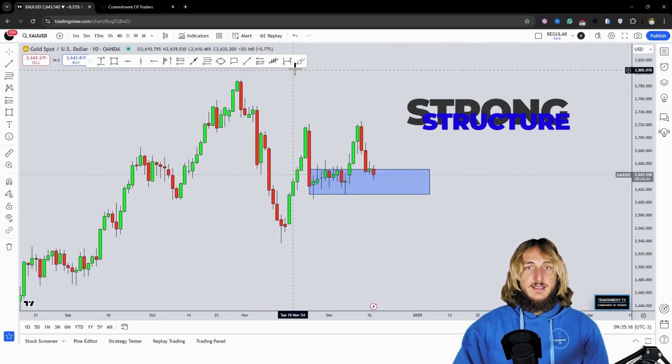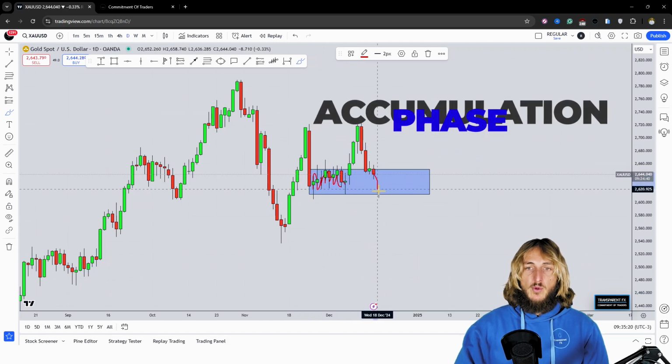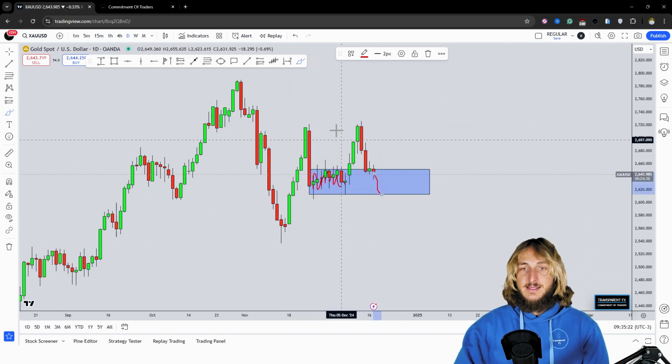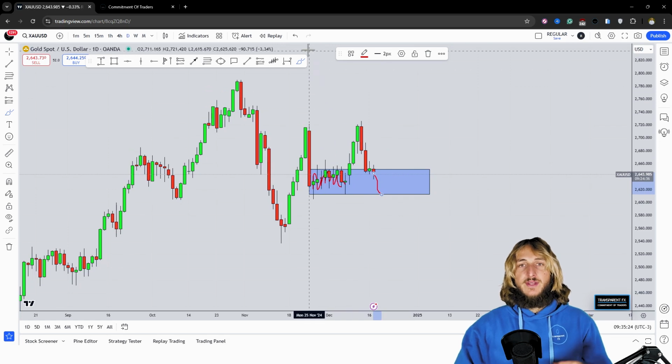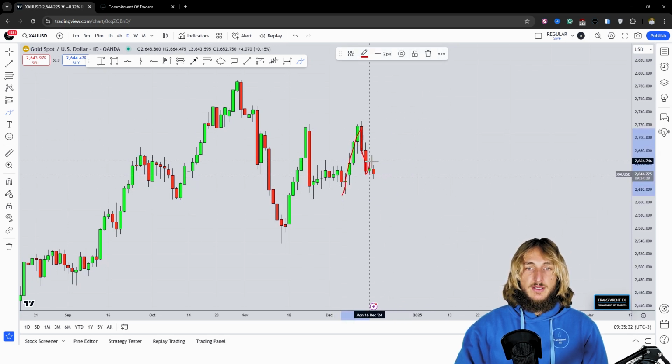In fact, this is a previous level of horizontal accumulation, and at the moment the market is heading straight inside it, testing what kind of demand and support we have inside of the zone. It's also important to keep in mind that in testing the area, the market seems to be creating this M